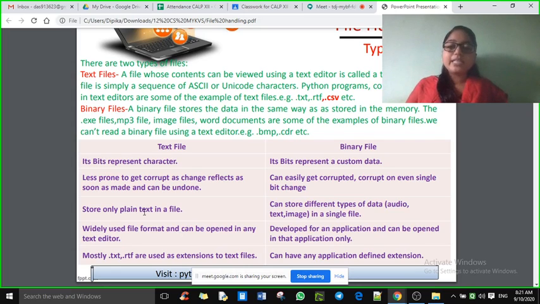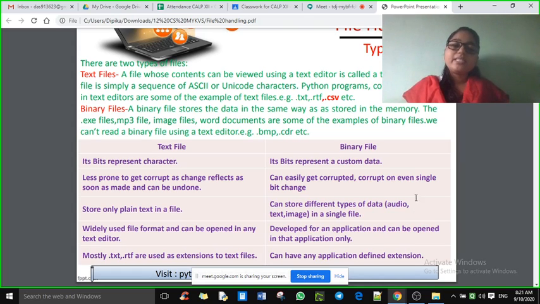In case of a text file, it is used to store only plain text, whereas a binary file can store different types of data, whether it is audio, text, image, whatever it is, in a single file. The most important point of differentiation that could be asked is which file gets easily corrupted, text or binary?